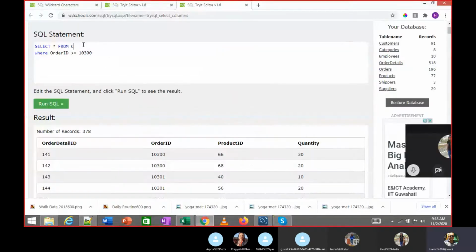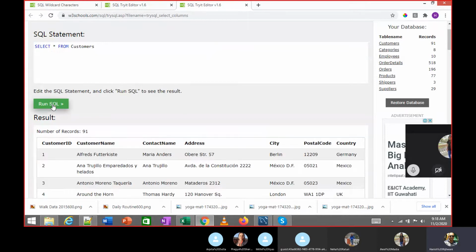This is in the customers table. I believe this is easier.